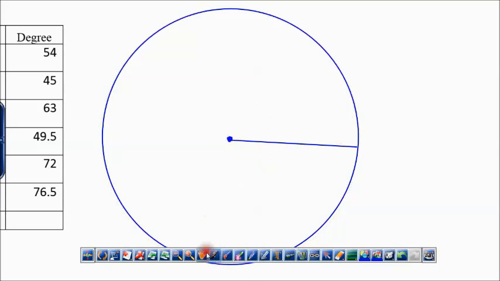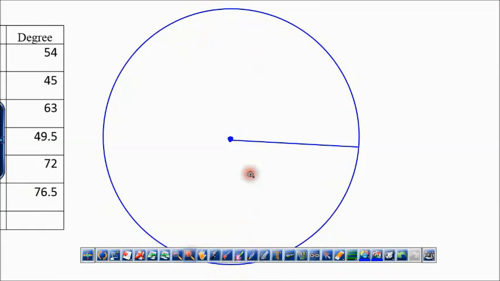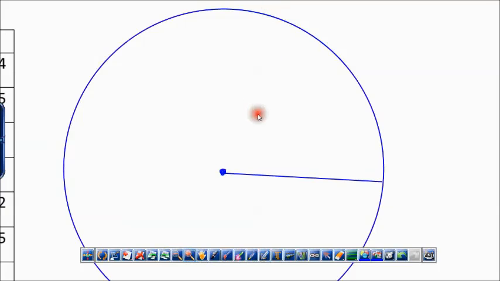54 डिग्री कहाँ पे है? हाँ, this is 0, 10, 20, 30, 40, 50, 50 और 55 में, 55 के एक पहले 54 डिग्री मिल गया, यहाँ पे है 54। उसके बाद